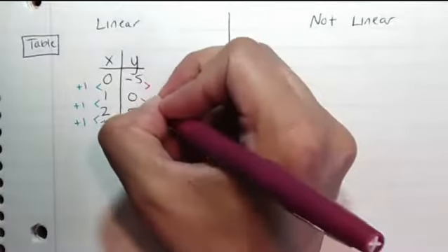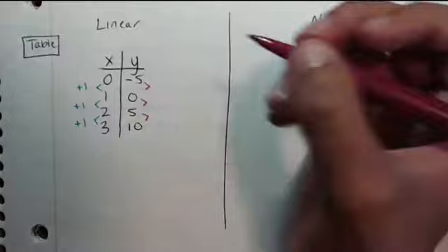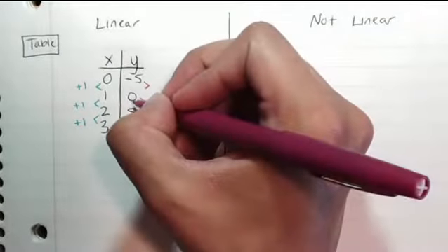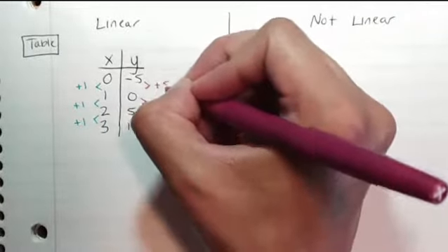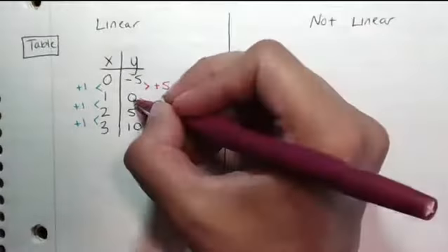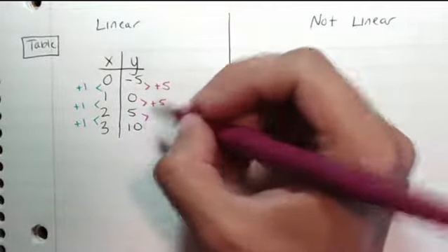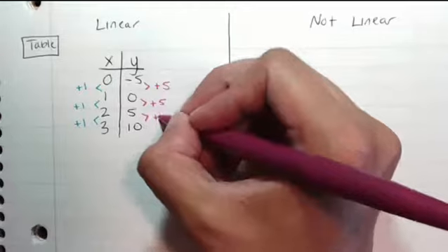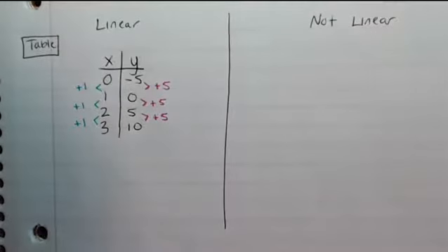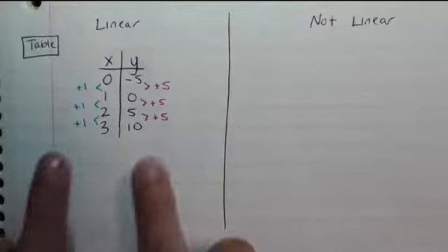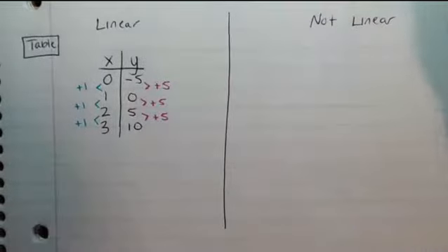So I'm drawing my carets for the y values. From -5 to 0, I went up 5. From 0 to 5, I went up 5. From 5 to 10, I went up 5. So in this case, if both the x and the y values have a constant rate of change, it is